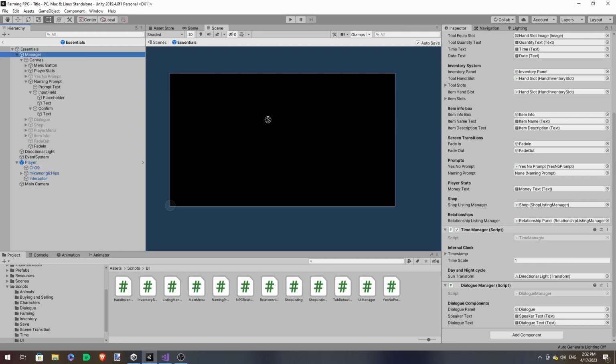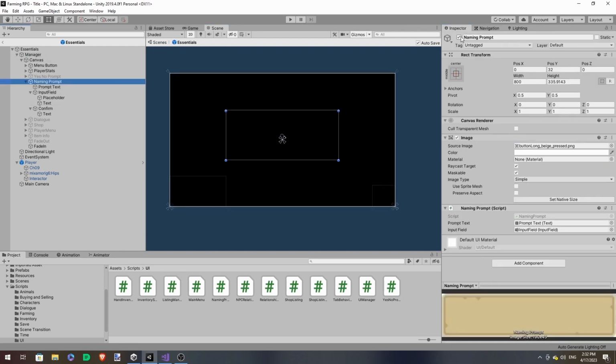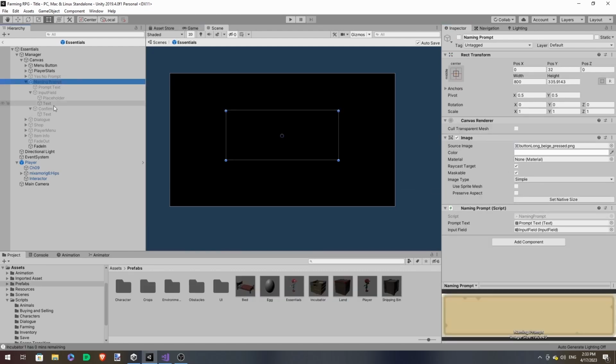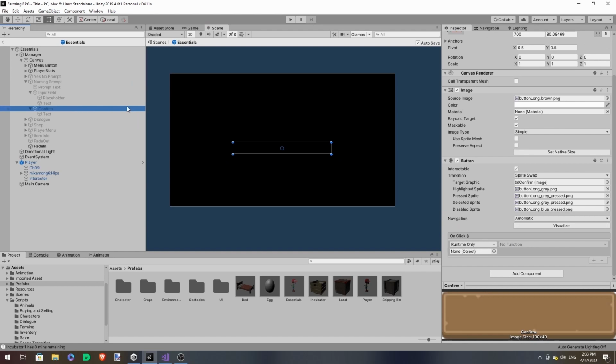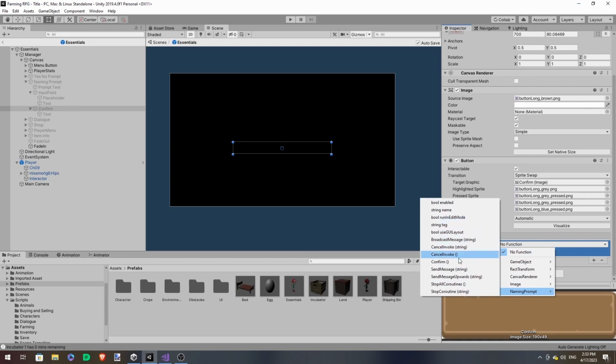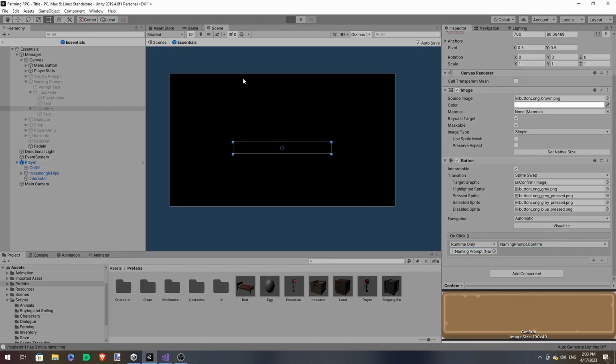Don't forget to assign the naming prompt over in UI Manager before disabling it. Don't forget to set the confirm action to confirm. There we go.